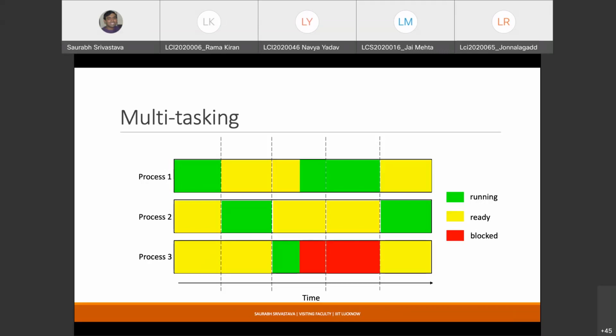But this might not happen all the time. If the number of processes that are supposed to be running in your system are far too many, the operating system has to do some kind of optimization. In that case, it might swap out a process. It's called swap out. So basically, if a particular process is currently not executing, and in the near future it is not required to execute either, so let us say there is still a while before this process will get its quantum,